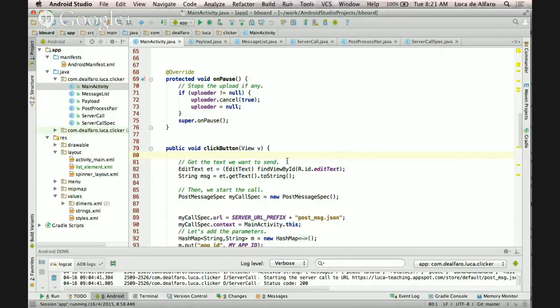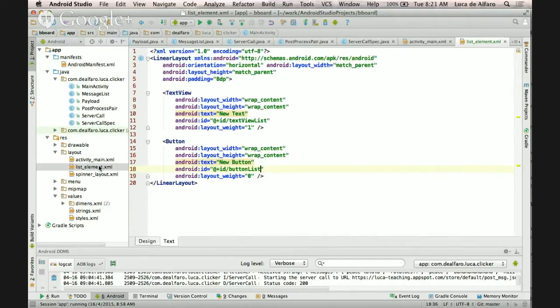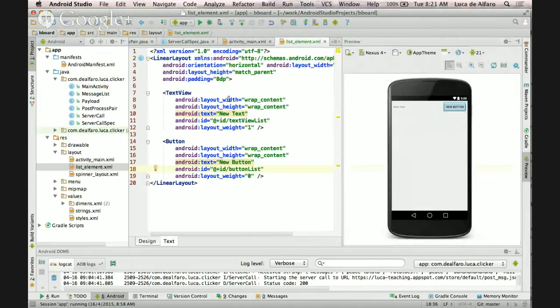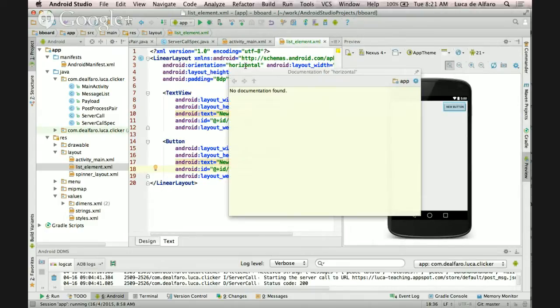And so we do it like this. So I prepared some XML already. I hope it will work well and it will not look too ugly. I had it done in a slightly different way. Maybe we can have both alternatives. But essentially what I did is this. I have a linear layout which has orientation horizontal. A linear layout is something that will put things just one to the side of the other